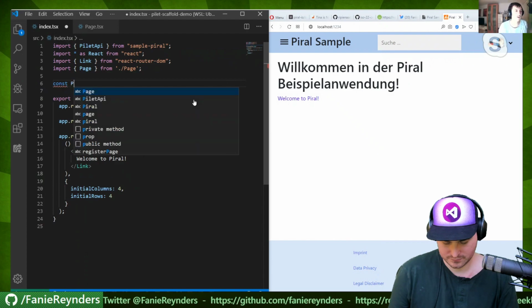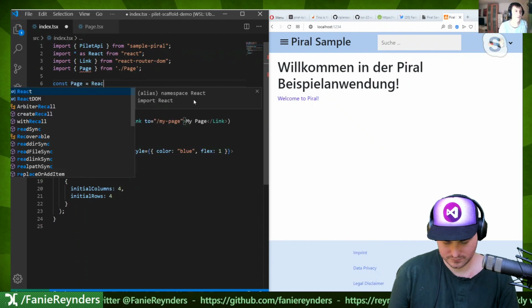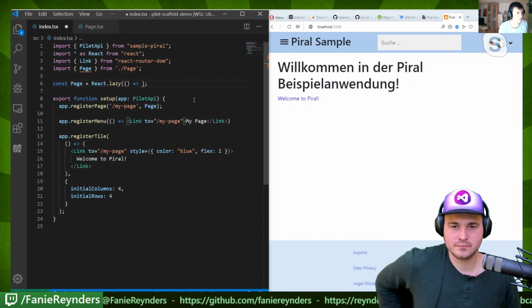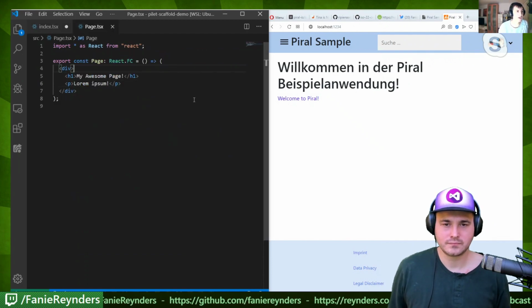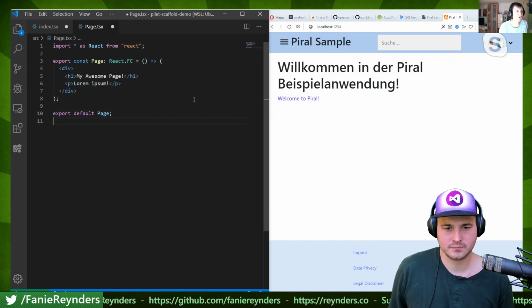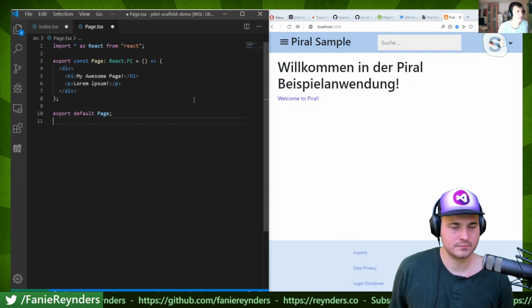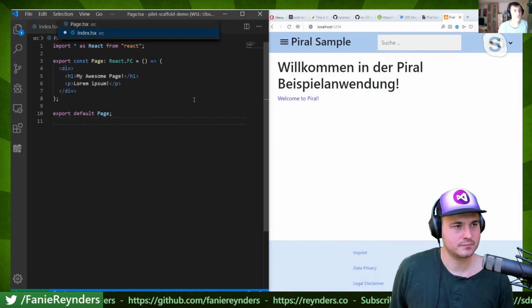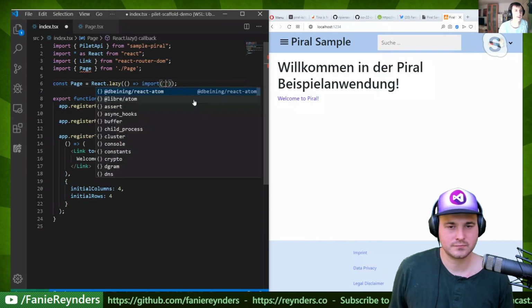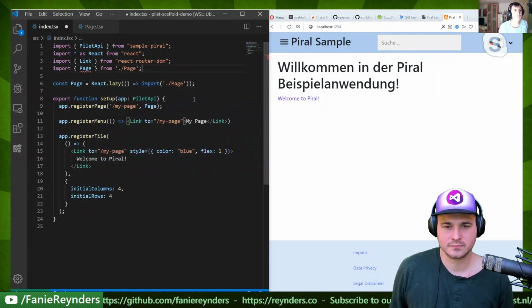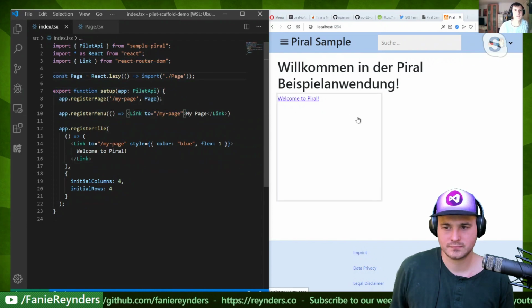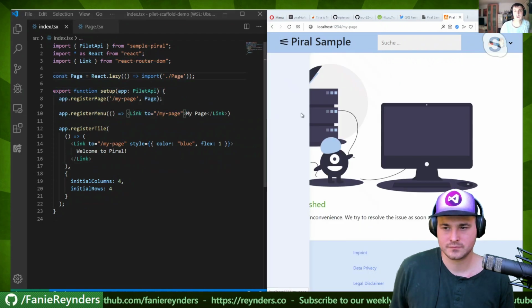So what you can do here is, for instance, you can just say, hey, it's a React lazy. So again, that's also standard. We don't do anything here. We can just say, additionally, we have a default export. That's it, export default page, and we just make an import function call to the page, and that's it. Now this thing is lazy, and